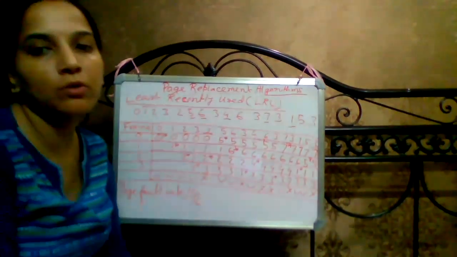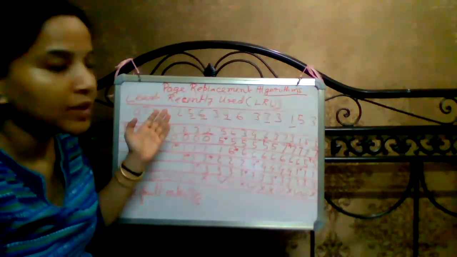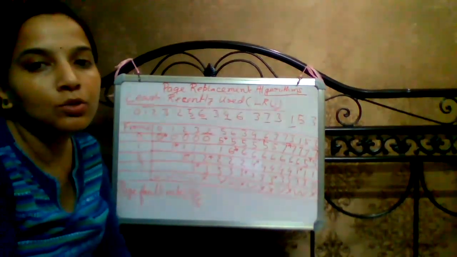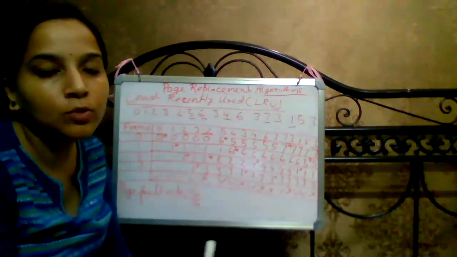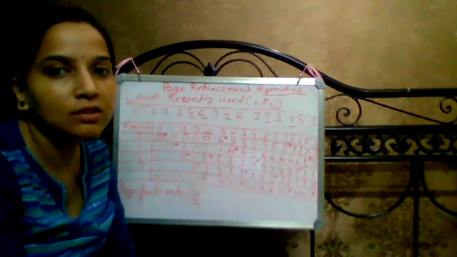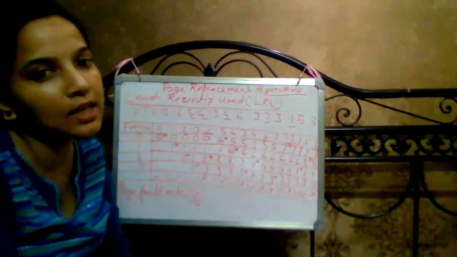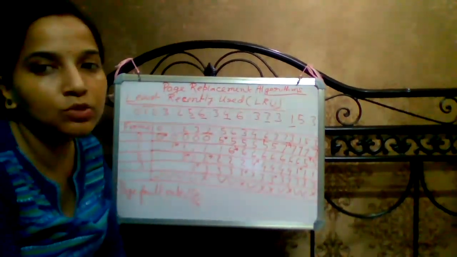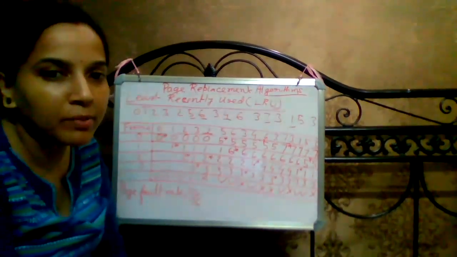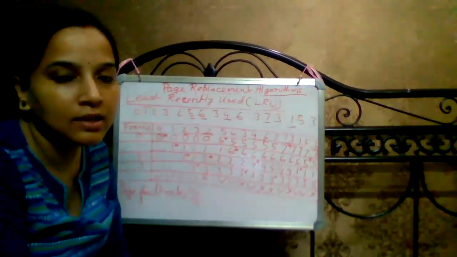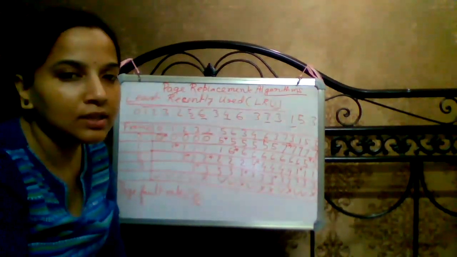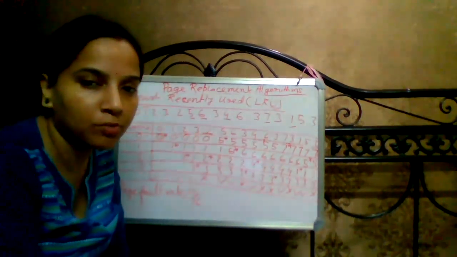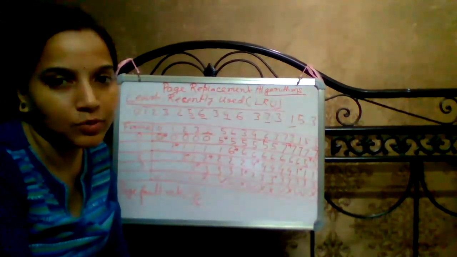Now the question is, which one is better? Why LRU? Because in optimal page replacement, it is not easy to consider what will happen in the near future. Future calculations are not so easy, that's why we go for the past calculations. From the past we can consider the use, decide which one will be the victim page, and implement it in LRU, least recently used. So basically we have FIFO, first in first out, optimal page replacement, and LRU. Okay.